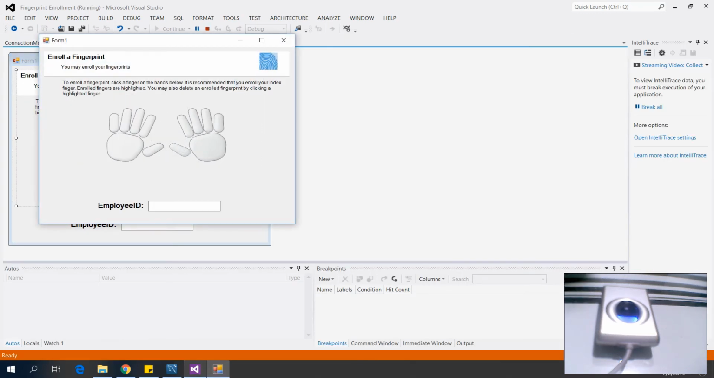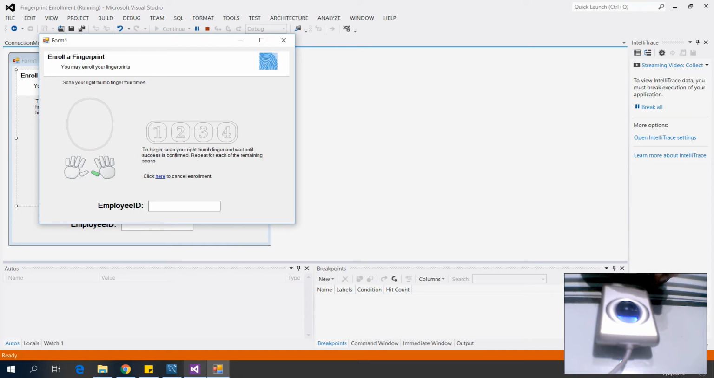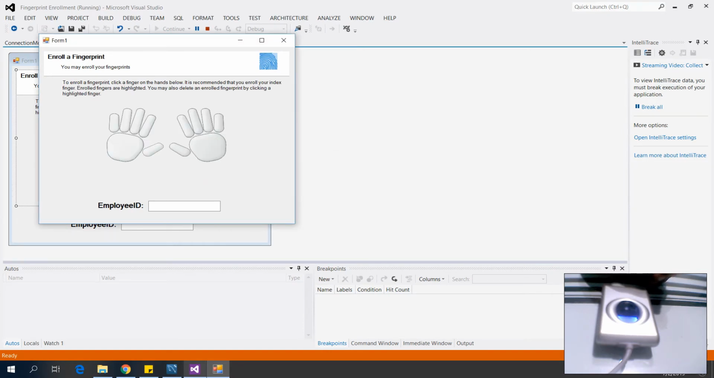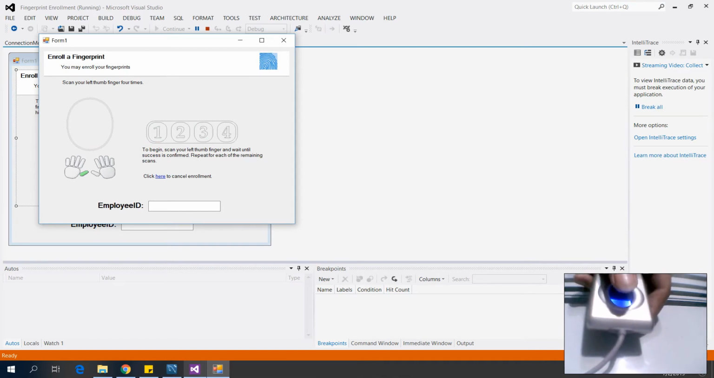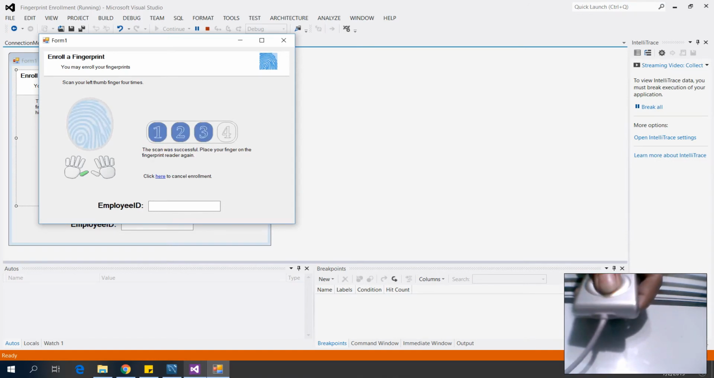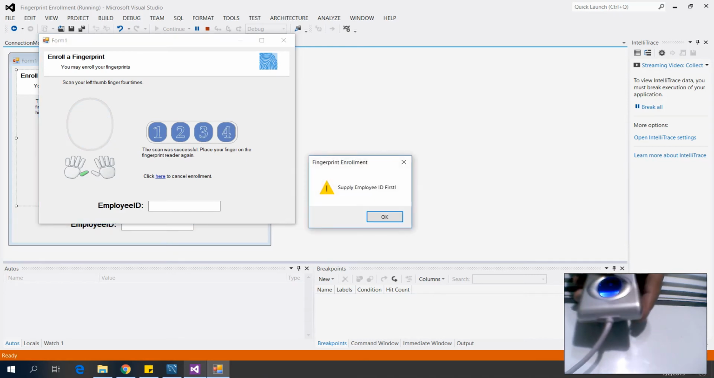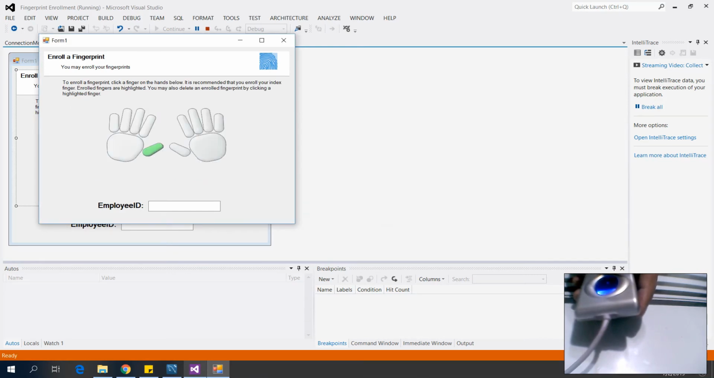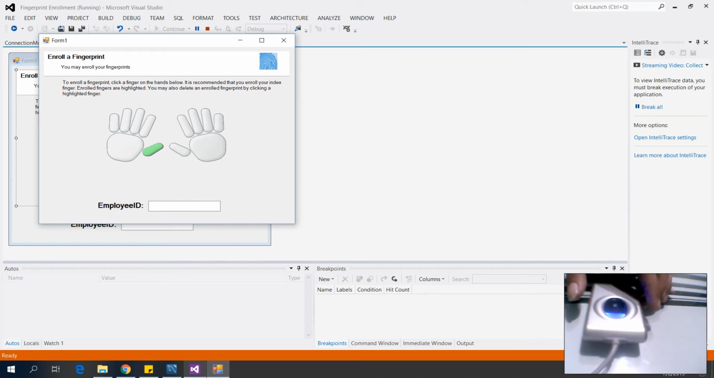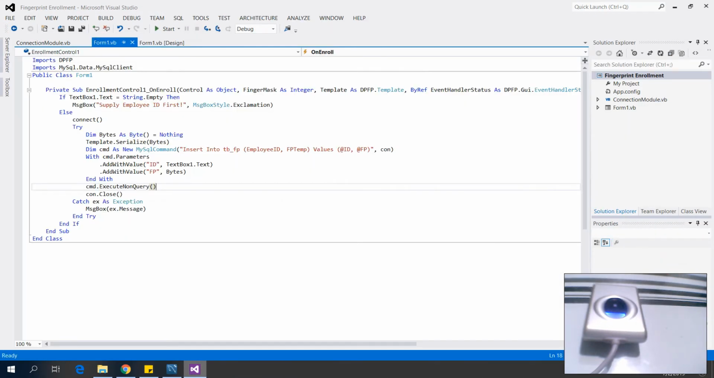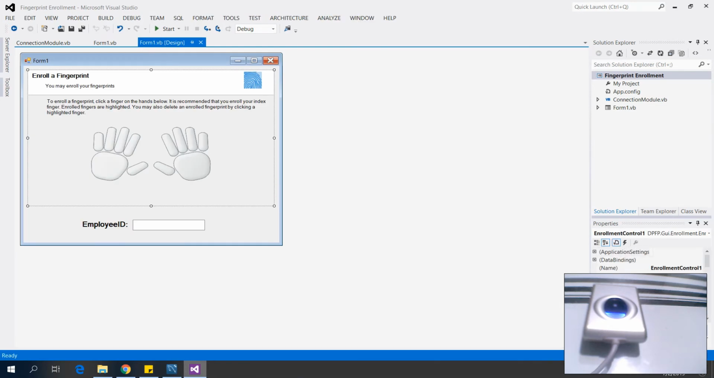So okay, we're gonna try to enroll. So cancel it. So I'm gonna enroll my left thumb. So let's see. Supply employee ID first. So okay, we need to modify our code to prevent this, but then we're gonna stop this and then